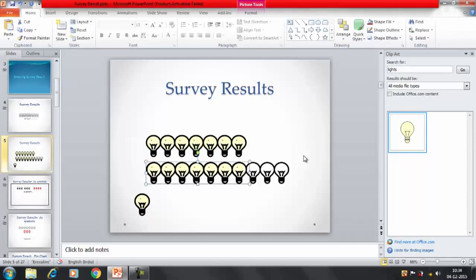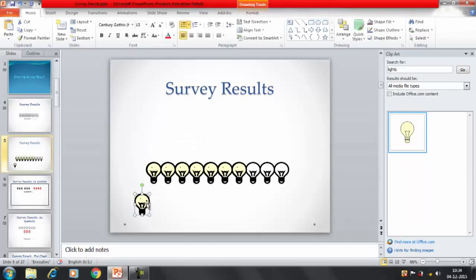Now you have to place the other picture very carefully on the first one. We have got 2 images now. One is this one, which is having the black and white, and the second picture is this one, the yellow bulbs, which is overlapping the first picture. Now you can remove these objects. This too you can remove.